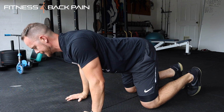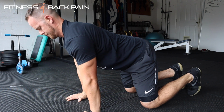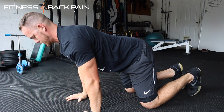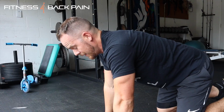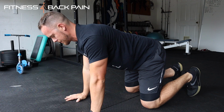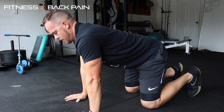Go forward, then I'll go back, trying to keep my arms straight. It's best to go slow when doing these, because if you're super connected with your body and you can move things really easy on command, this is gonna be really easy. I'm not like that, so I have to really slow down, bring my shoulder blades back and down, think about what I'm doing, let it drop, and then rotate forward